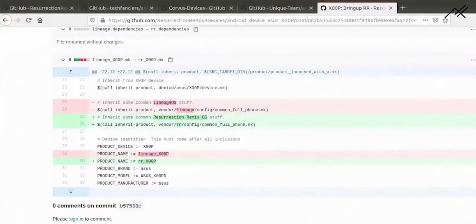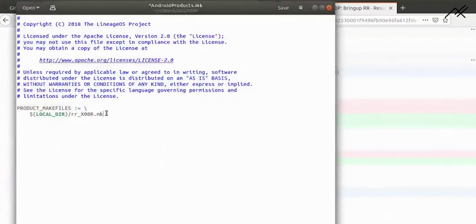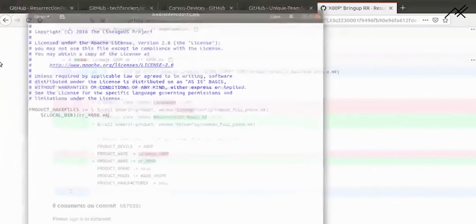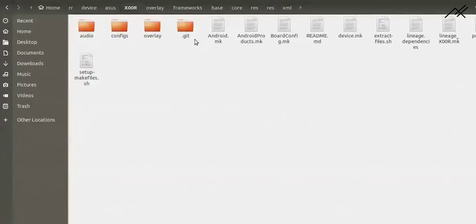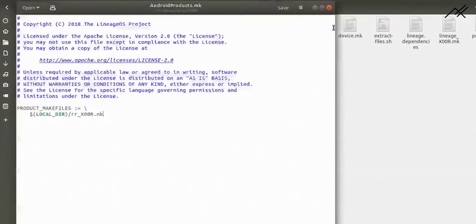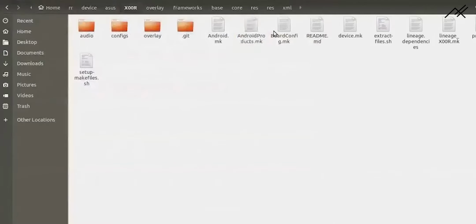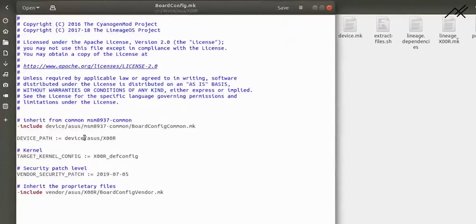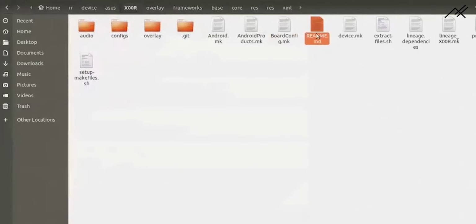So this one is done, I believe. Yeah, rr.xor, and android products, that's what I just changed now. And then board config.mk, device, this one, okay, this is correct. And then readme, no need to change anything.